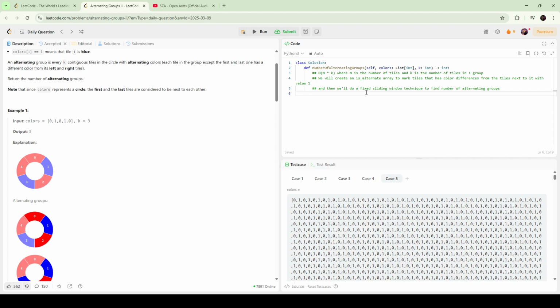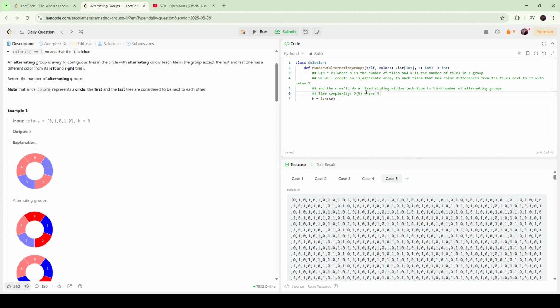Okay, so that's the idea. Now we are going to implement it. By successfully doing this, we will achieve a time complexity of O(n),